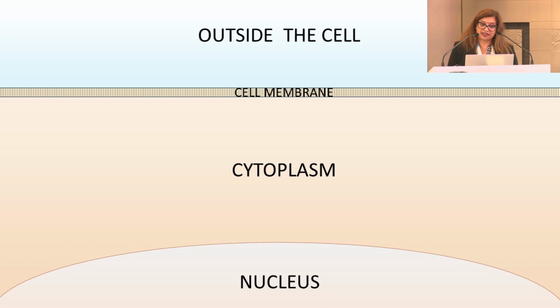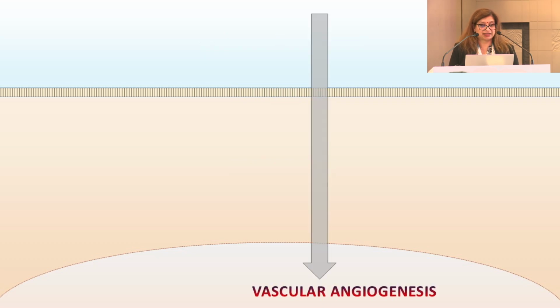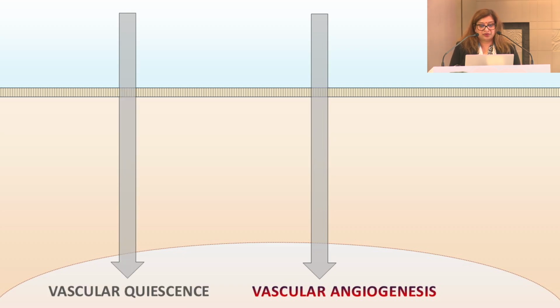Let's take a closer look at this and look at what's actually being stimulated to grow. When something's being stimulated to grow, that's vascular angiogenesis, and that's a signal that's telling the AVM to grow. So that probably has more angiogenesis. Now, there's also vascular quiescence, and that actually helps quiet things down. These exist in equilibrium in our bodies. We all have this going on all the time.